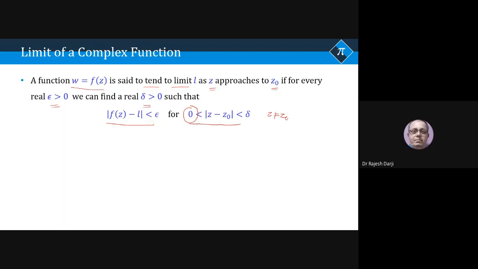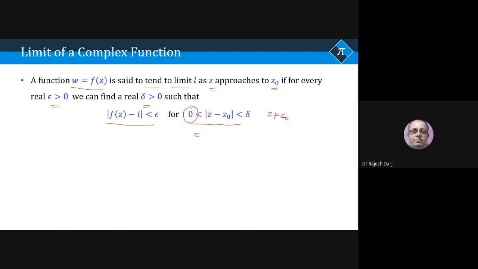सर 0 होगा तो क्या होगा? तो अगर ये 0 होगा तो आपको लिमिट फाइंड आउट करने की जरूरत ही नहीं है. You don't need to find the limit. Function itself defined at that point and you will get the value. But if it is undefined, then you have to find limit. So here |f(z) minus L| less than epsilon. So this is the formal definition. We are not going to deal with this definition for the solution of the problem. Let us interpret it first of all.